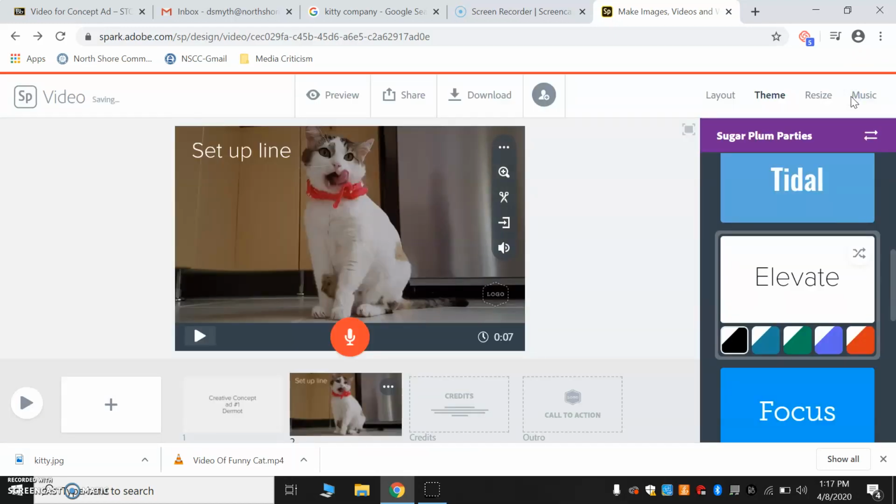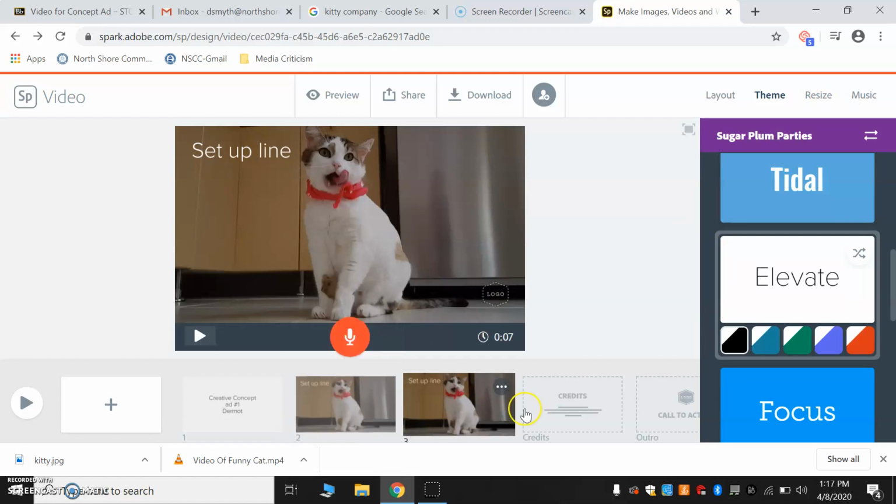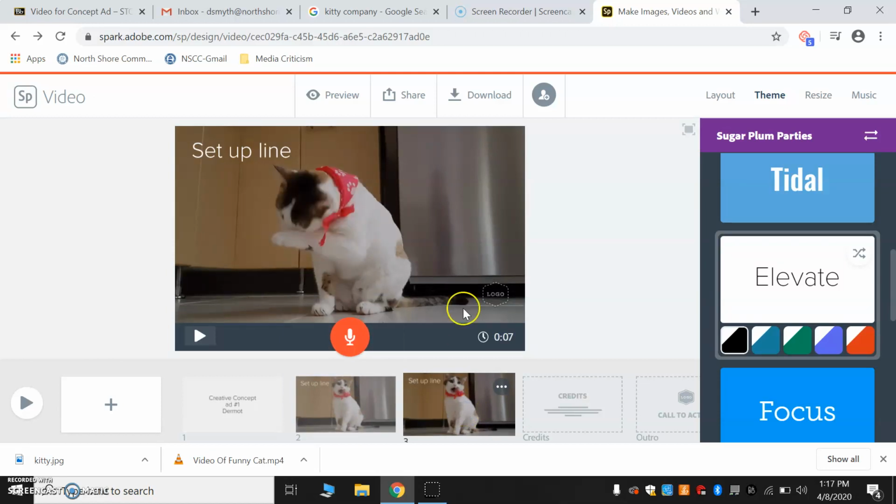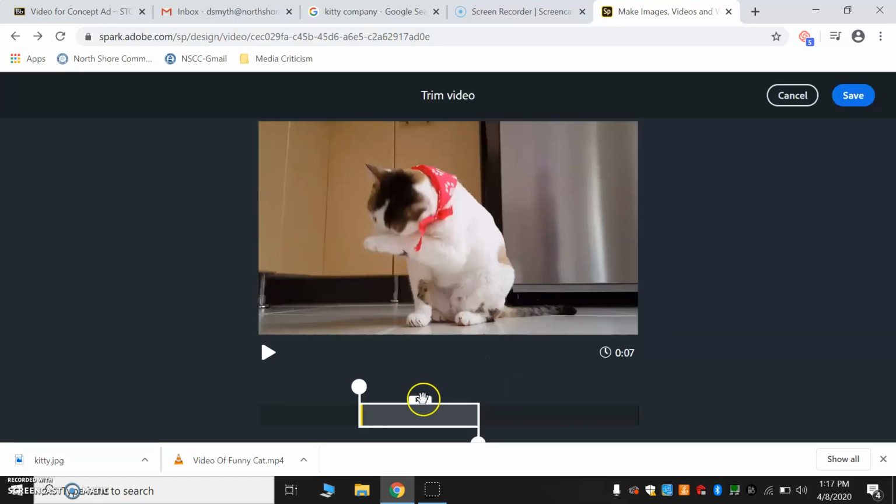7 seconds gives me about 8 to 9 seconds for my next ad. Now, here's the thing. I can do a couple of things here in order to get my second slide over here. I can just duplicate that, go in and find the cut from where I left off, and then pull the slider down and go,